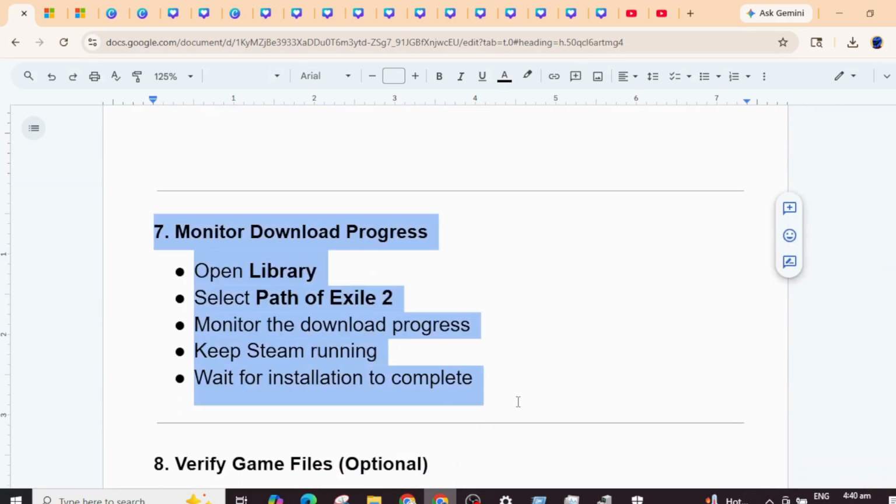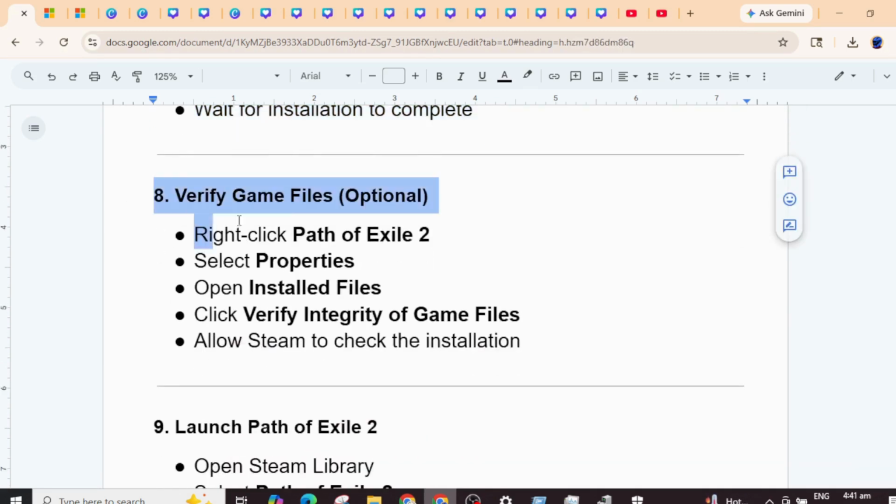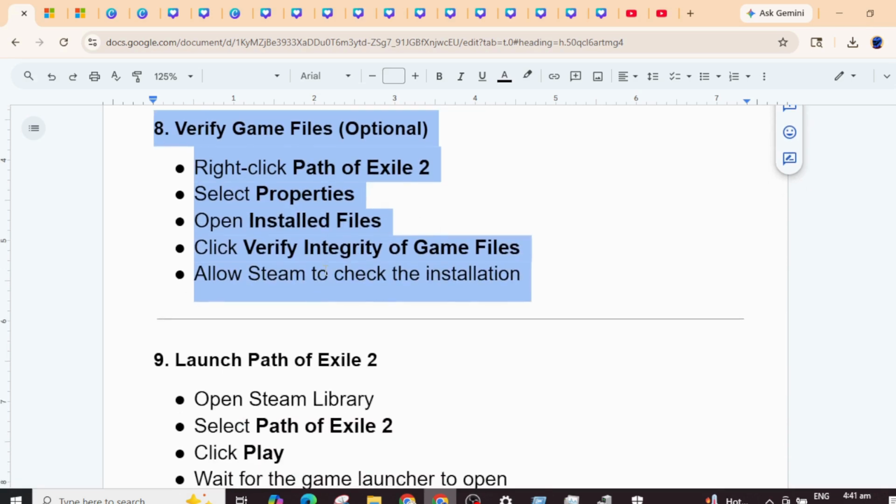7. Monitor download progress. Open library, select Path of Exile 2, monitor the download progress. Keep Steam running. Wait for installation to complete. 8. Verify game files, optional. Right-click Path of Exile 2, select Properties, open installed files, click Verify integrity of game files, allow Steam to check